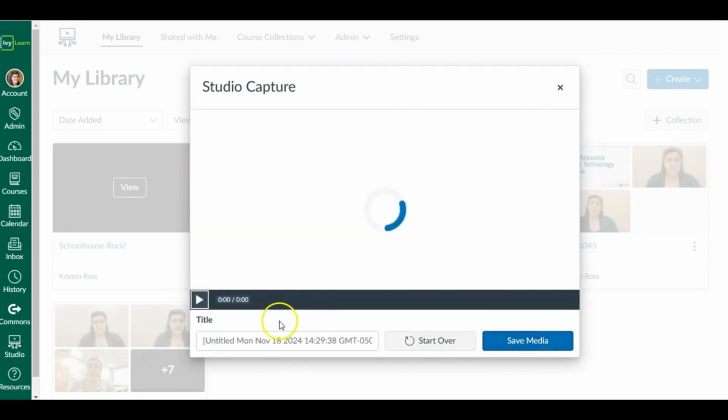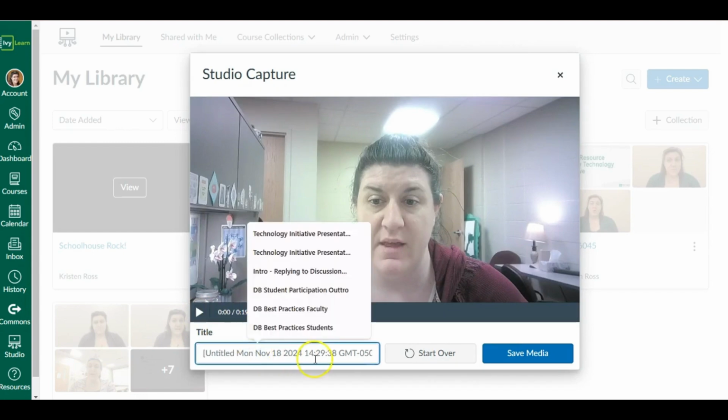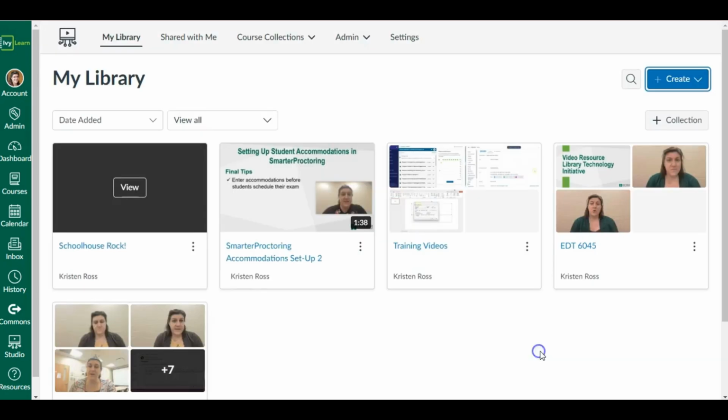Once you hit finish, you have the option to preview your media, so you can play and watch and see what you got. You can also title, so Studio Capture Demo. You can choose to start over, which means it will delete this video and start fresh, or you can save the media.